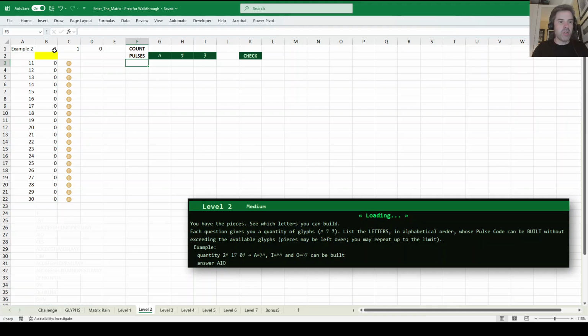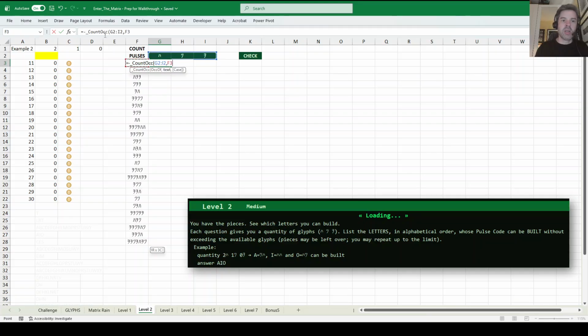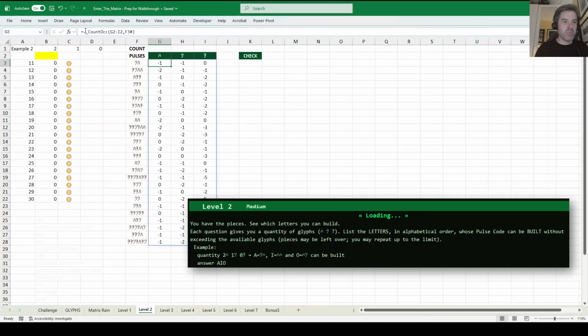Okay, on this one we are given some numbers referring to the different pulses, and we have to work out which letters we could in theory make up based on those. So we need to grab the pulse, if I type the full name. And then I'm going to use the count occurrences lambda, where I'm going to count the occurrences of each of the pulses in each of the pulses, which is a bit of a mouthful. For some reason I've put a minus in front of there. And then what do we need to do? We need to check that these numbers here are, that's how many we've got. So we need to say that they are less than or equal to the numbers in what we've been given